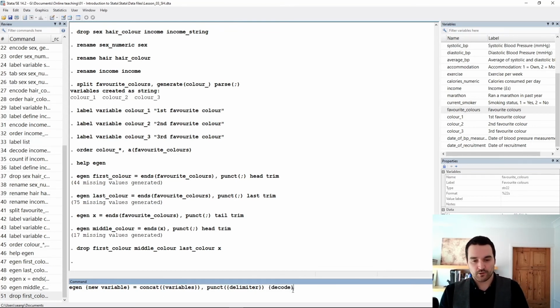We can also decode as an option. So if you want the labeled values, then don't use decode. If you want the numbers, use decode, I think. Okay,